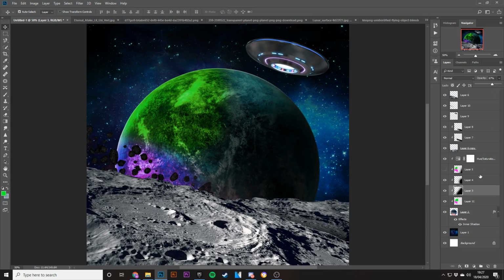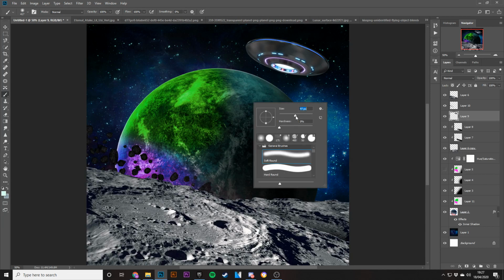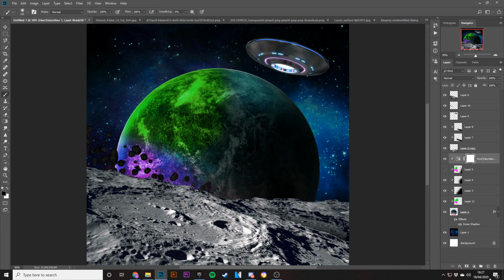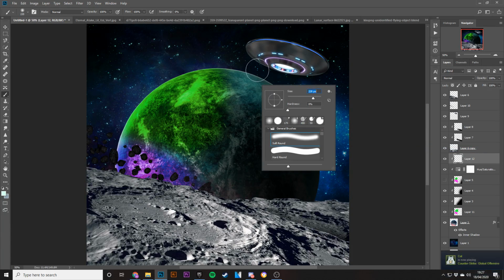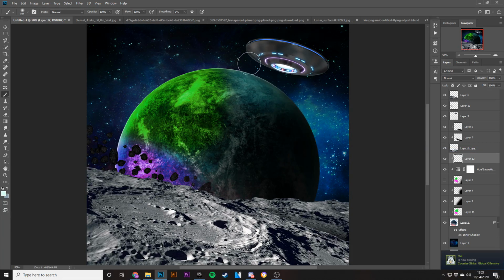So I'm just gonna mess with these shadows again, like so, and then the light of this spaceship needs to be on here. Again, it's going to be a clipping mask, and then over. I'm going to do it like this,